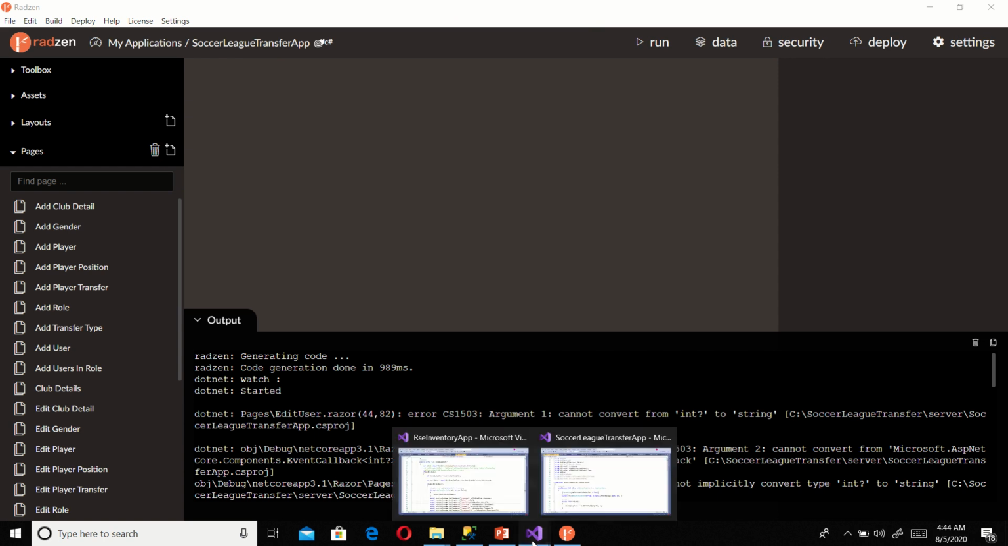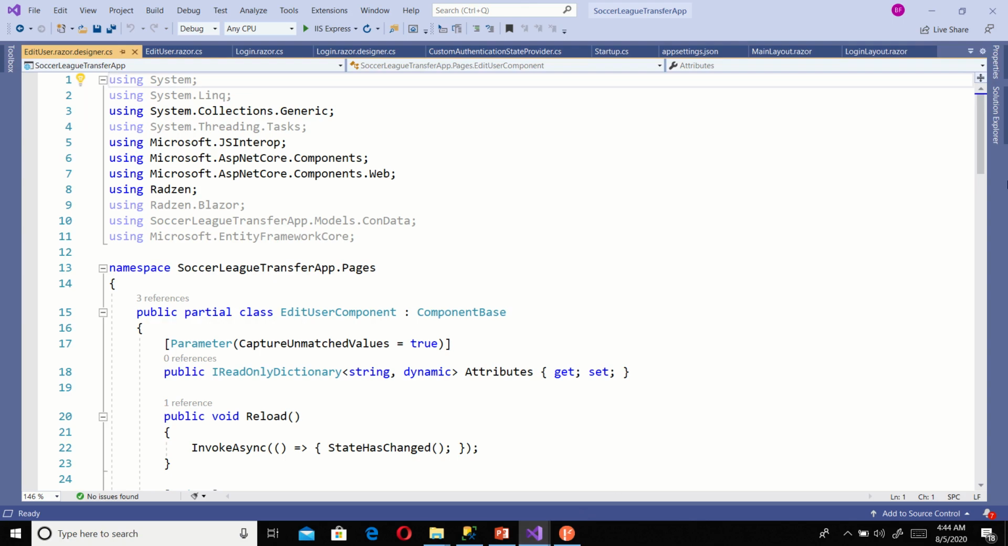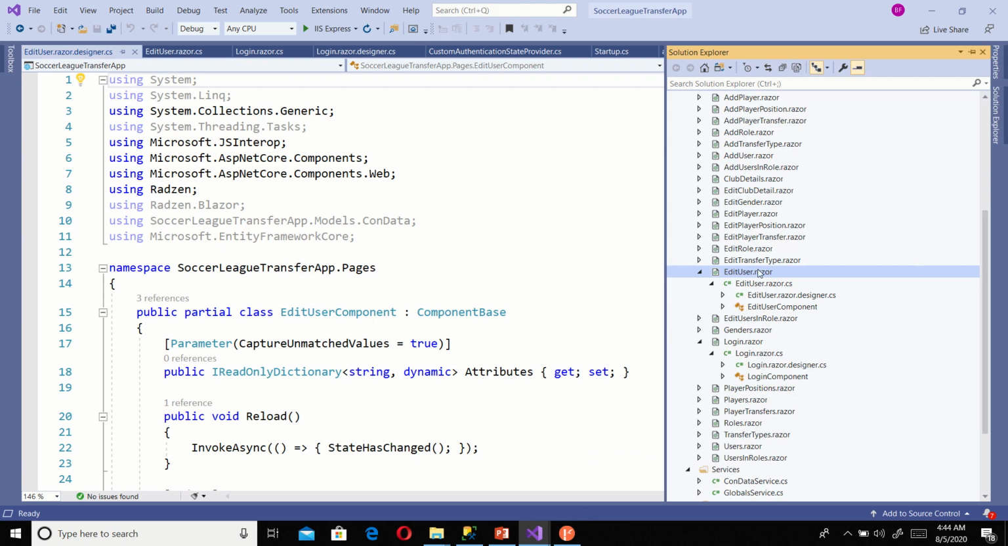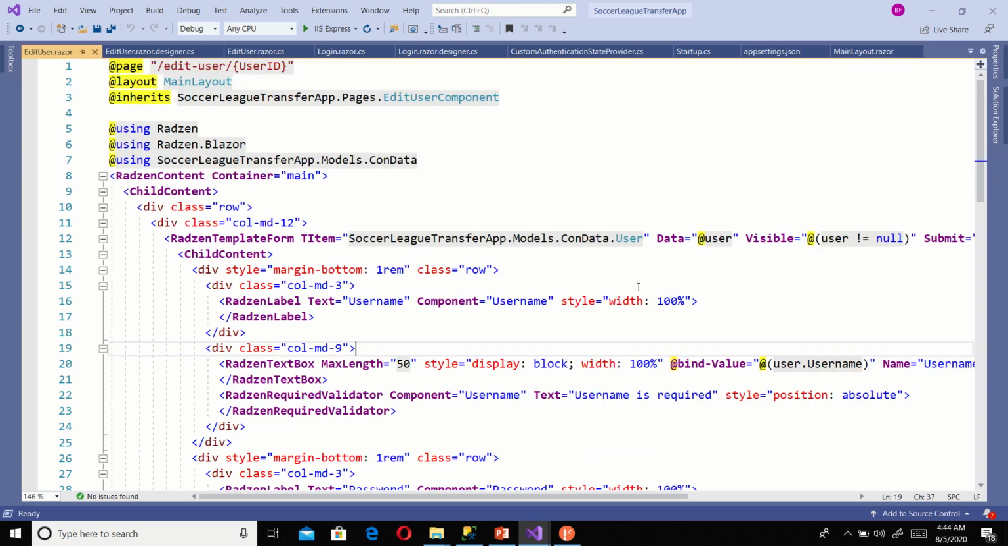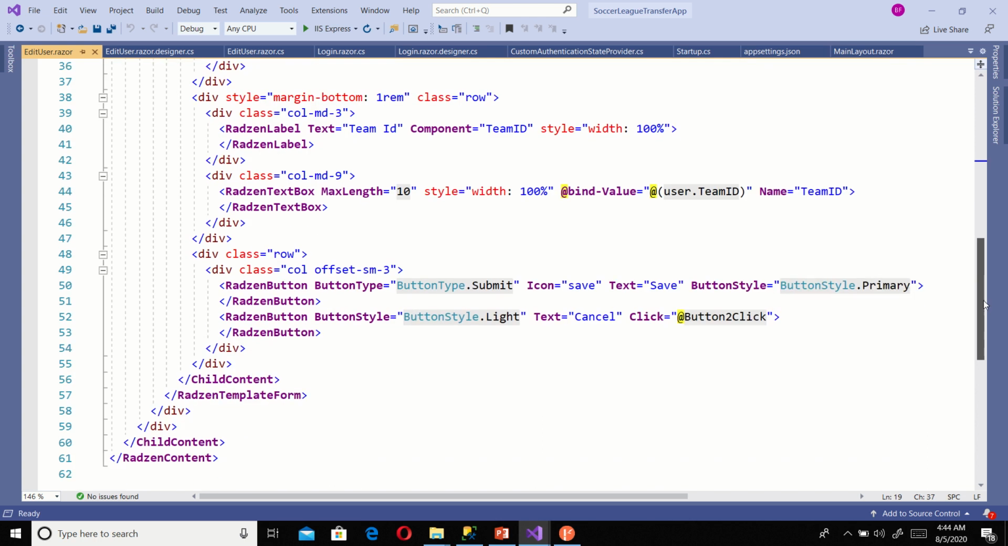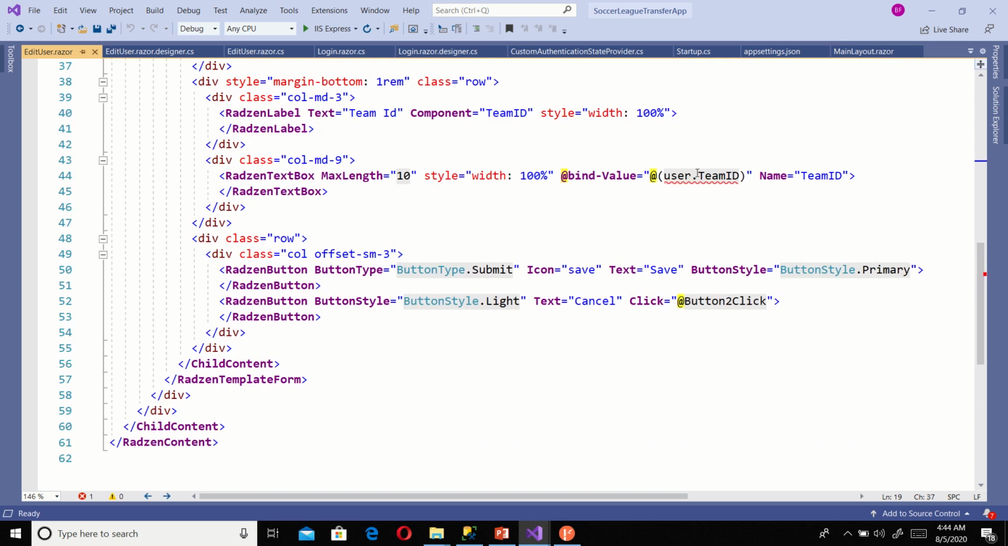So I'll go to Visual Studio. I'll open edit user. I'll go to line 44, 82. Now this error, you can see right now, chip ID is a text box. This error occurred because of the changes that I made to the database schema, where I made the chip ID a foreign key in the users table. Now to resolve this issue,